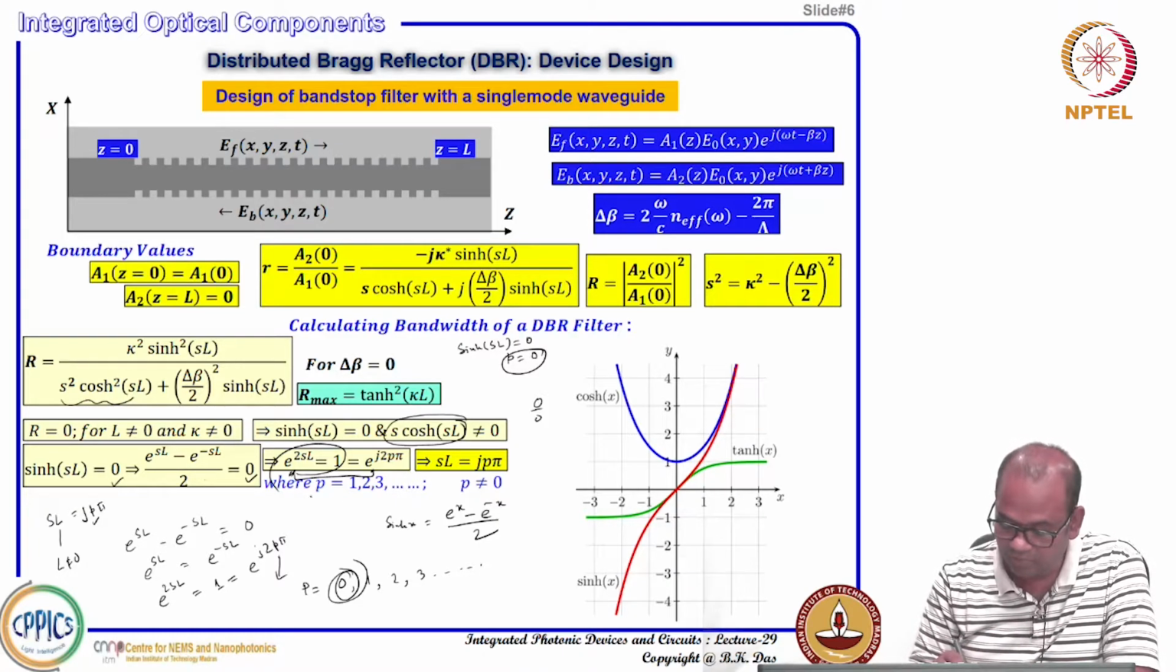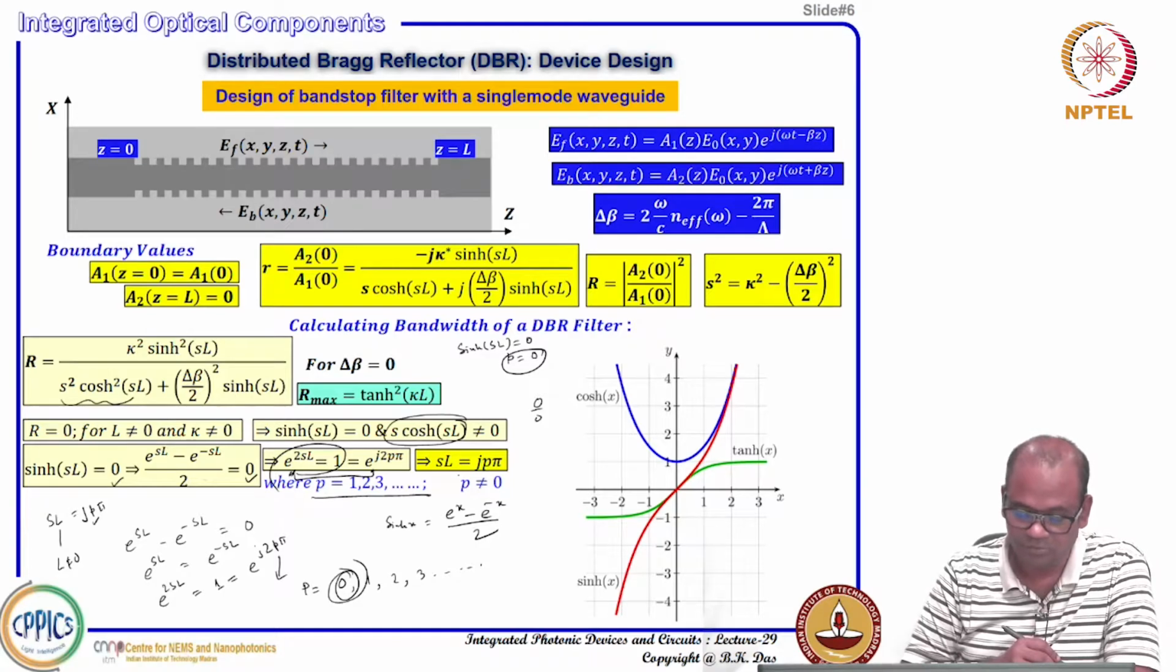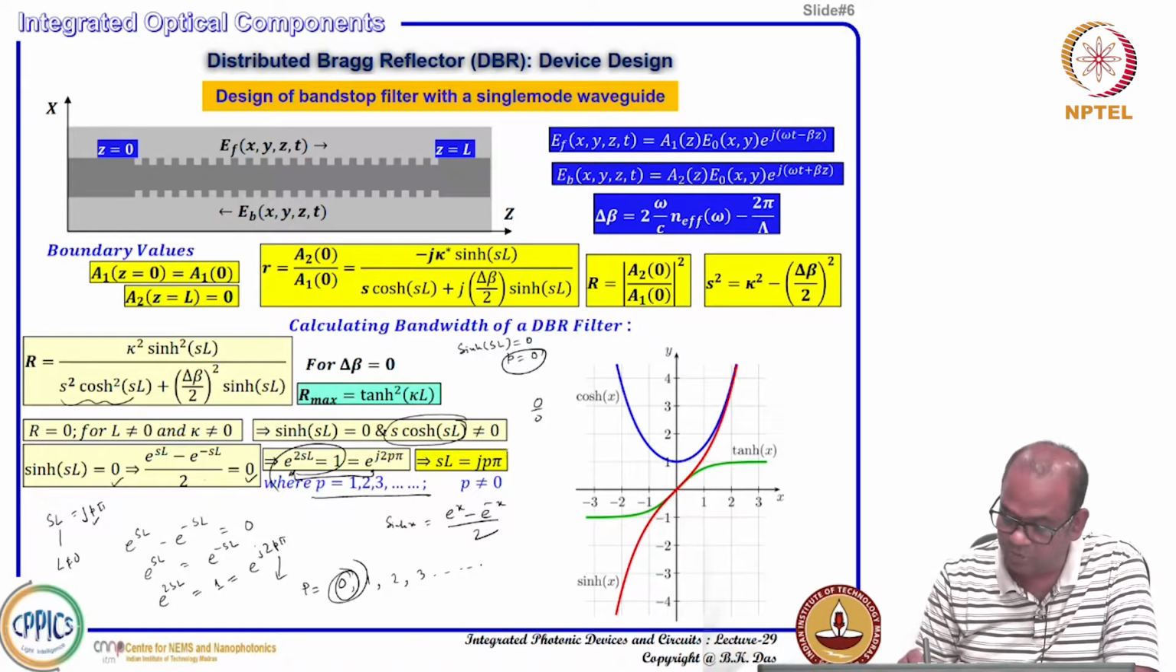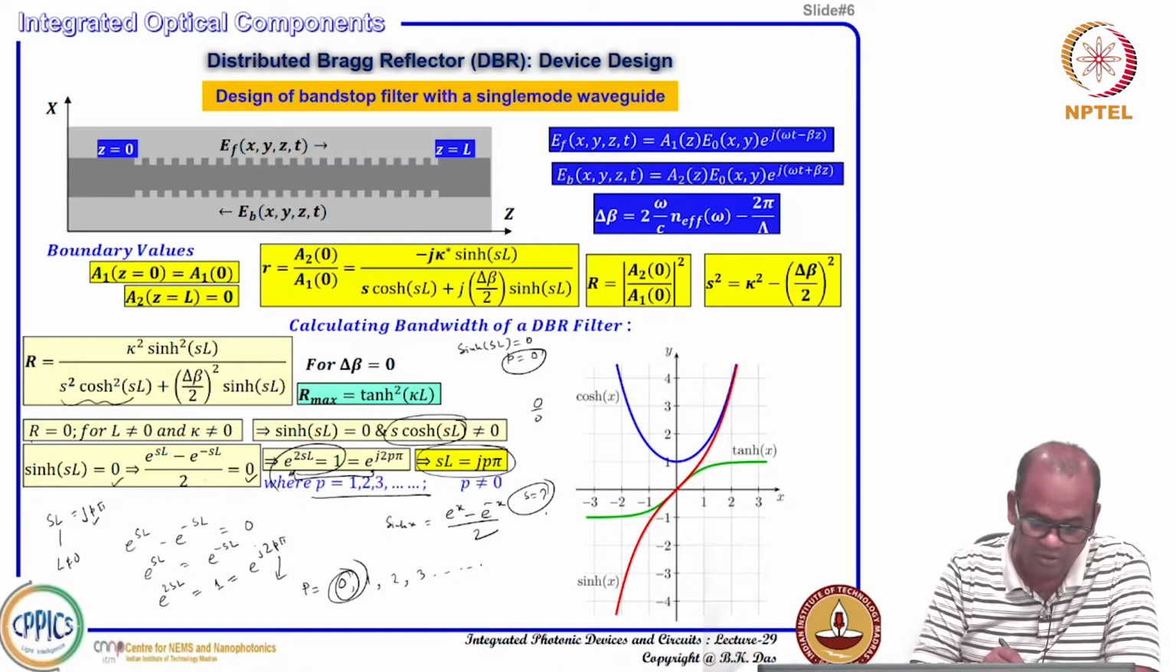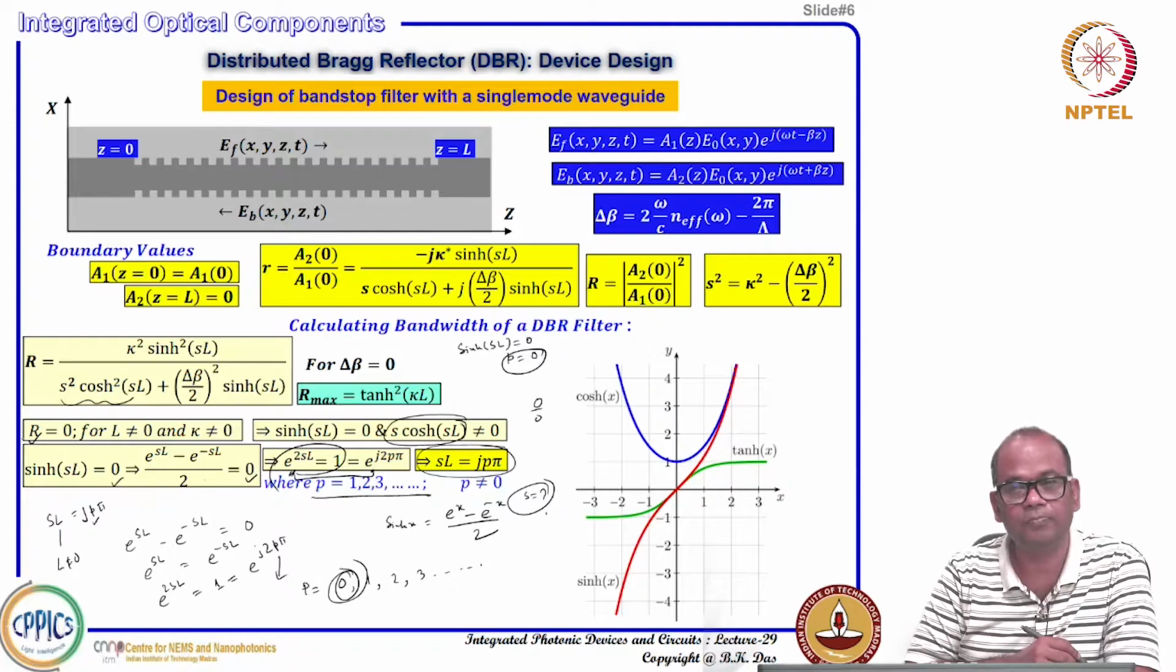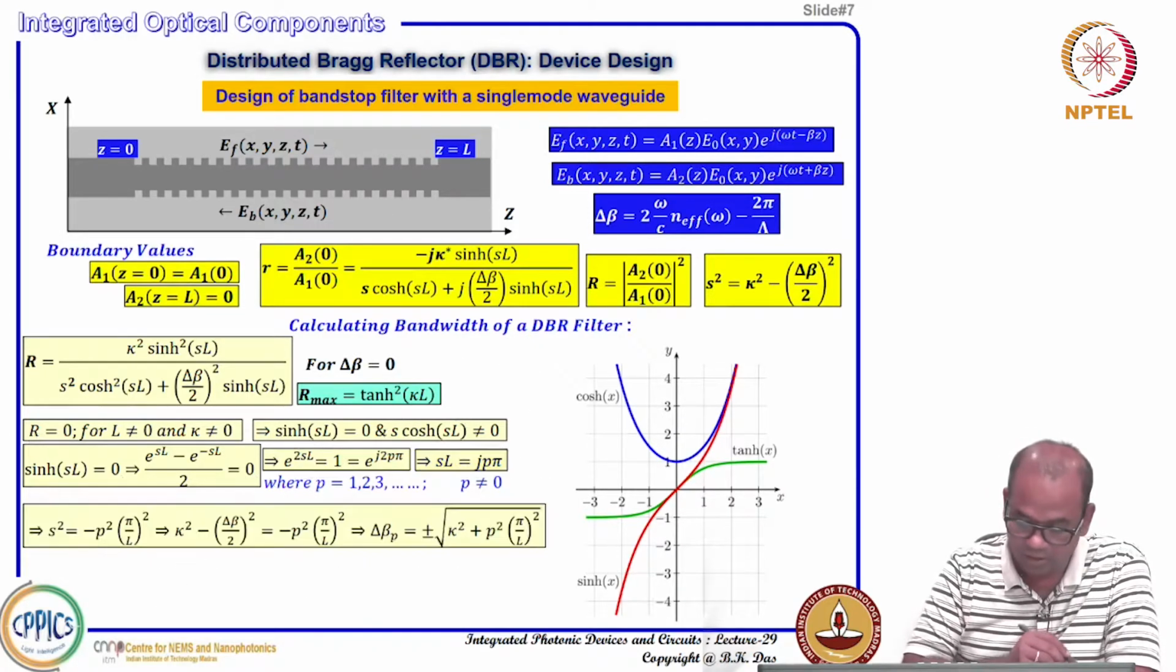So, we have written p should vary from 1, 2, 3 and so on. So, for p, if you just follow this equation, p must not be equal to 0 and p should start from 1, 2, 3. Then whatever S value you get will result in reflectivity equal to 0. Alright. Now, you try to see